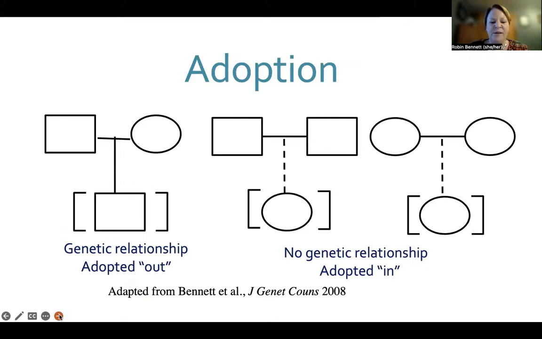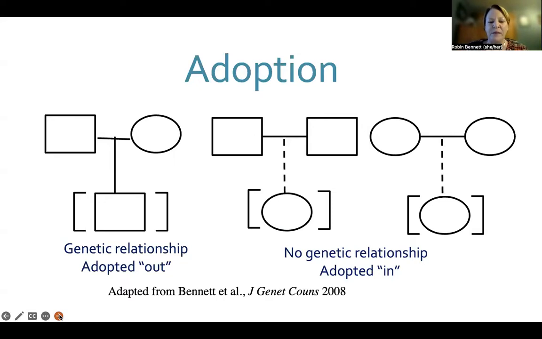The next one is two men who have adopted a daughter. The brackets are always focused in, but you see that the line of descent is hatched. And then the one on the right is two women who have adopted a daughter and they do not have a biological relationship. So one of the things that I think comes up in the classroom is that